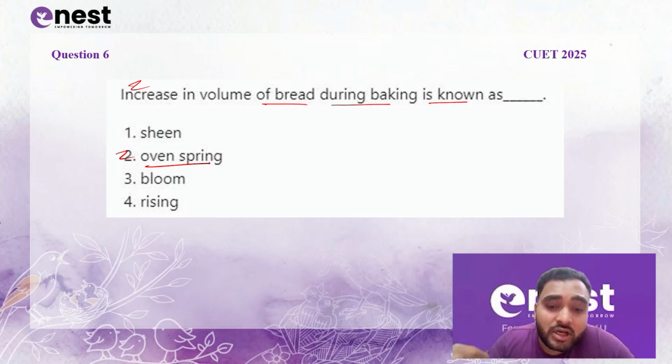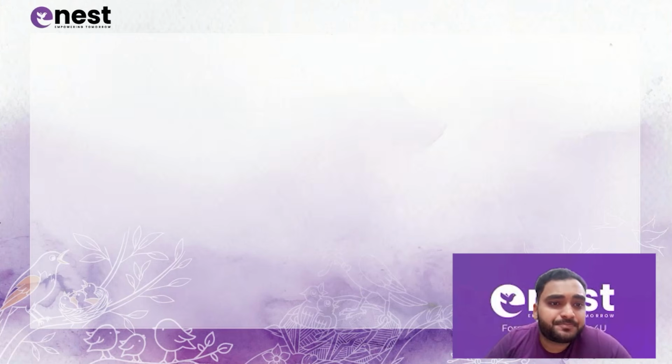When the dough enters the oven, CO2 expansion will be the first step. Then it is followed by the yeast activity, which will cause the CO2 bubbles to also expand, and then water will convert into steam. So this is the correct sequence. Also, if you get a question in the exam asking what is the correct sequence of the events happening in the oven, this is the correct sequence, and oven spring is the right answer for this question. Let's proceed on to the next question.